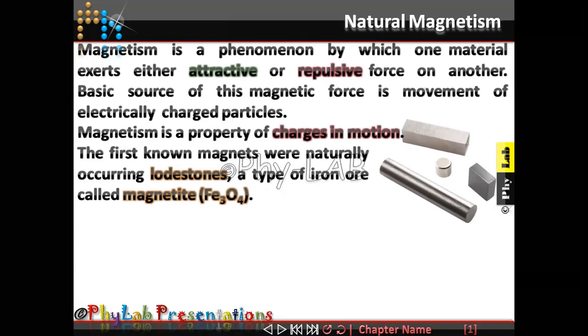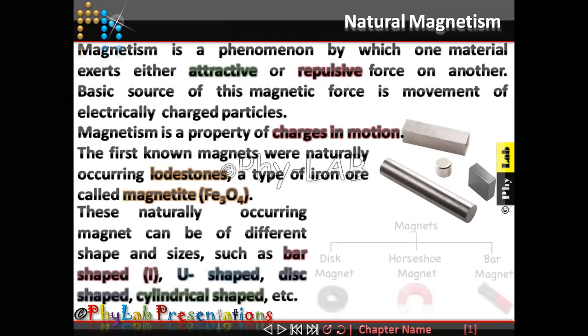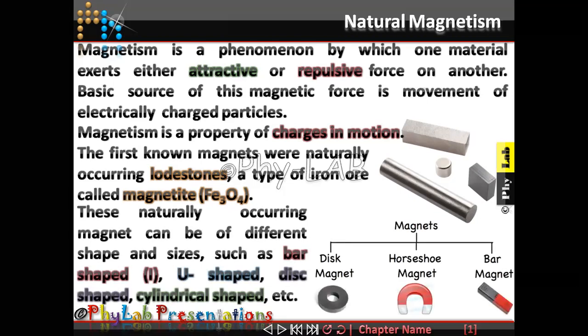Now, this is basically exhibited by an ore of iron called magnetite. So, the naturally occurring magnet on Earth happens to be an ore of iron which is called magnetite. Now, this ore of iron can occur in any shape or size, but the shape that we will take into account, and we will study all the properties of the magnet, will be an eye-shaped magnet or a bar magnet. So for us, this bar magnet is important. So we are going to study the properties associated with this bar magnet.